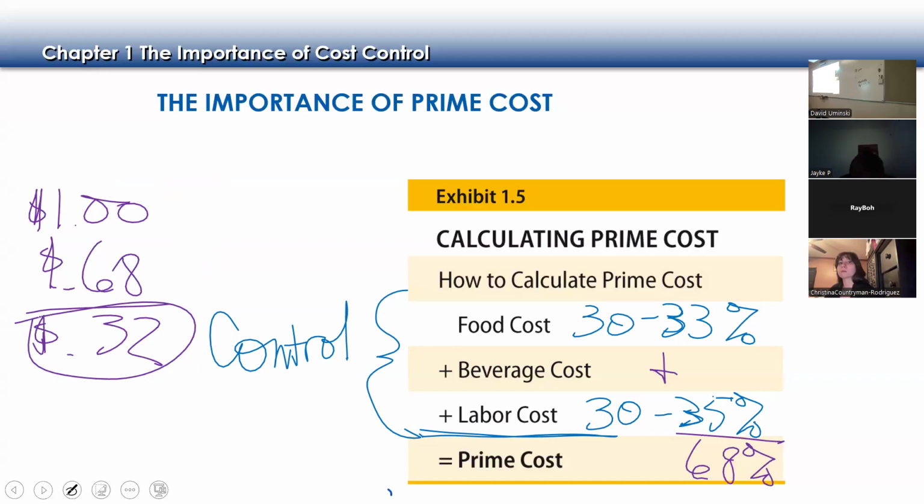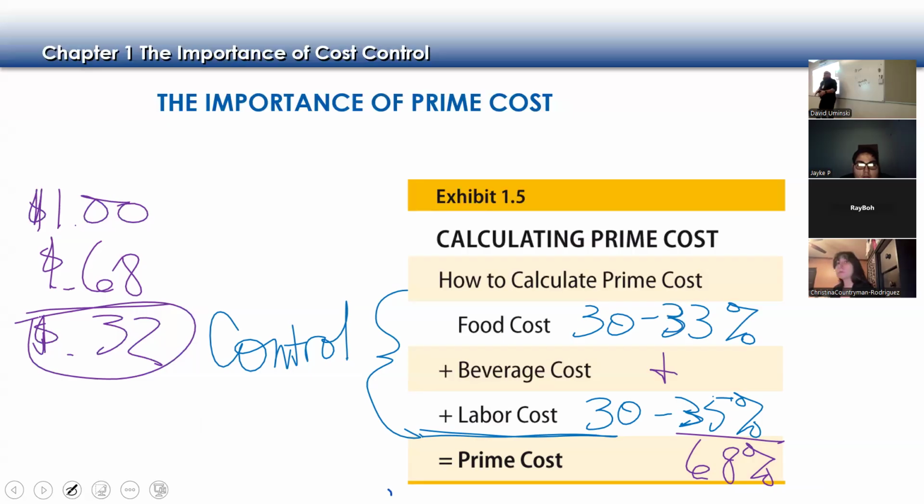That means 32 cents of every dollar that I bring into my restaurant has to cover my rent, my salaries, my insurance, my maintenance, all of that. And then at the very bottom, I get to my profit. Okay. And hopefully I have some money left over so I have a profit and I don't operate at a loss. Okay. So what we're going to talk about in this class throughout the semester is different ways we can